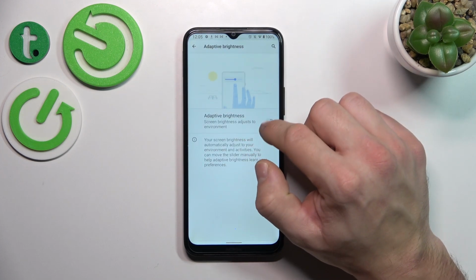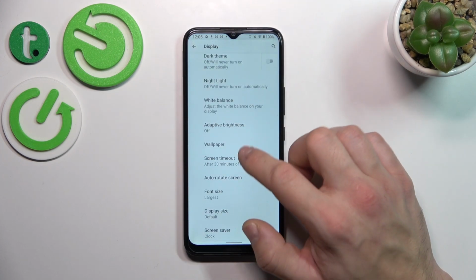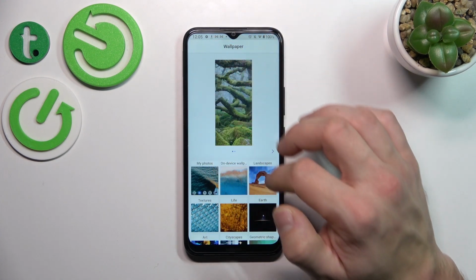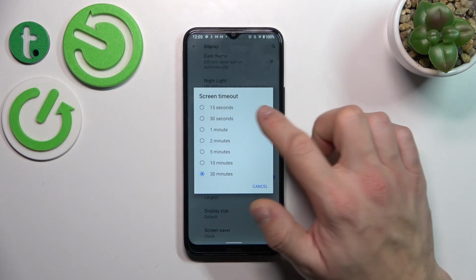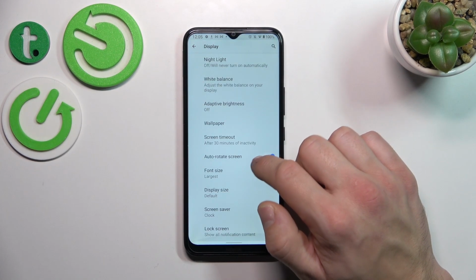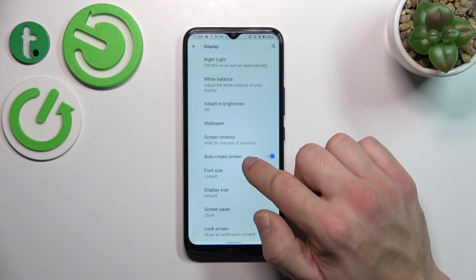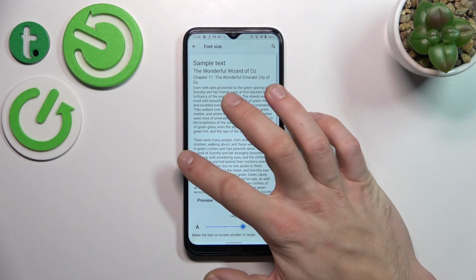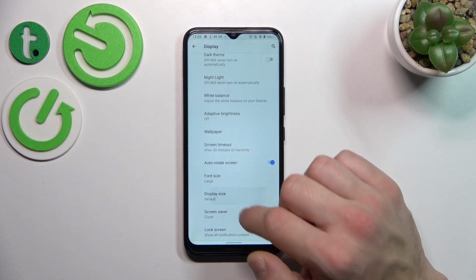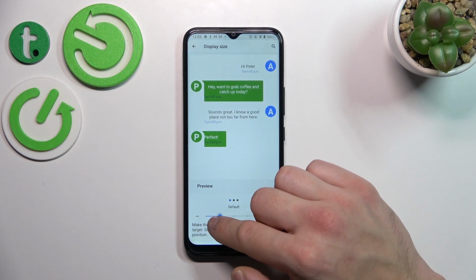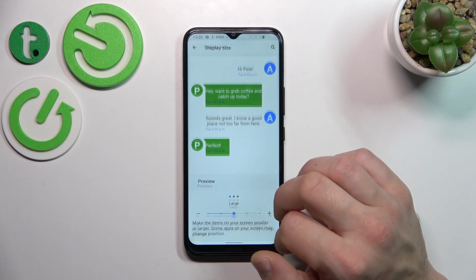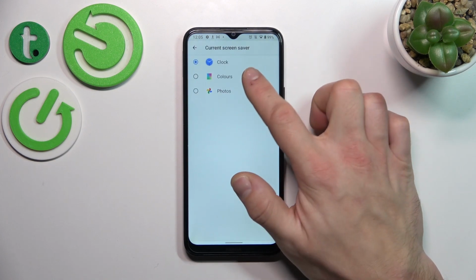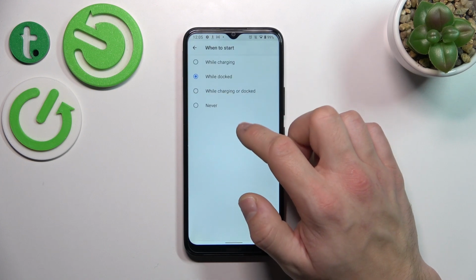Then you can enable or disable adaptive brightness, change wallpaper, change screen timeout between 15 seconds and 30 minutes, enable or disable auto rotate screen, adjust font size, display size, set screensaver between clock, colors and photos,